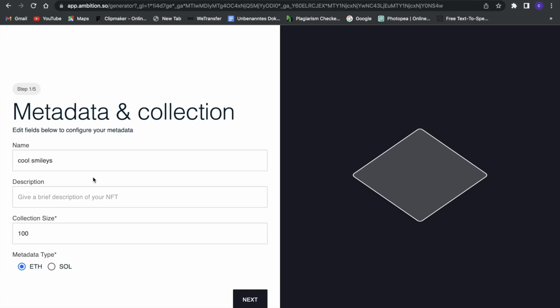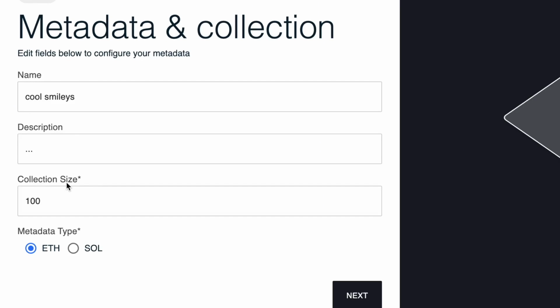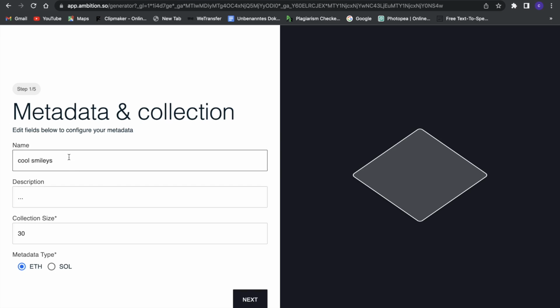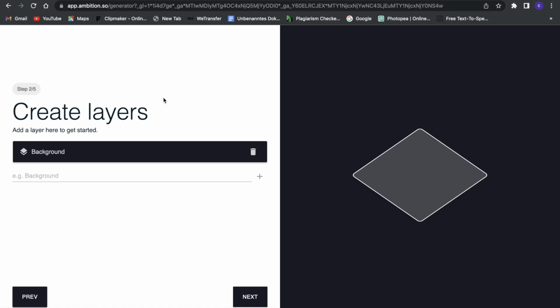Then you can give a brief description of your NFT collection, and here I would really write 2 sentences or 3 sentences, but I'm just gonna skip that now. Then the third one here is collection size, and obviously the collection size is just basically how many NFTs we want. And then also we have to decide what blockchain we are using, and here you can either choose Solana or Ethereum, but the more common one is Ethereum, and I'm gonna use Ethereum for this too now. So now when we've done that, we can just basically click on next and go ahead and create the layers